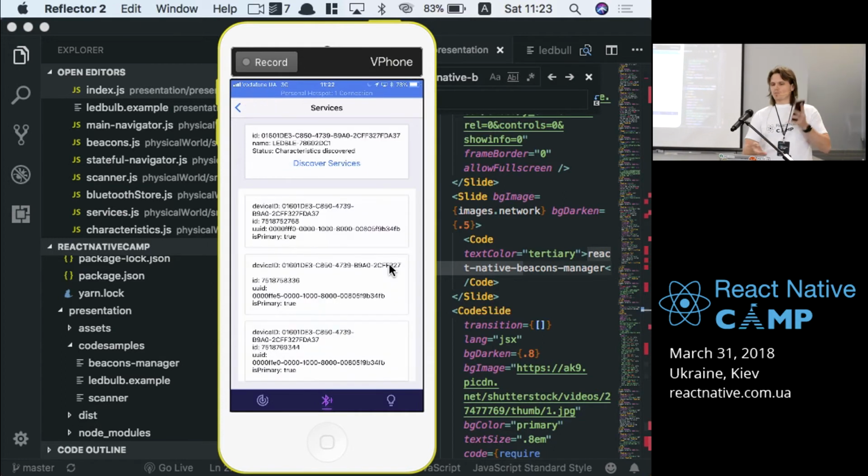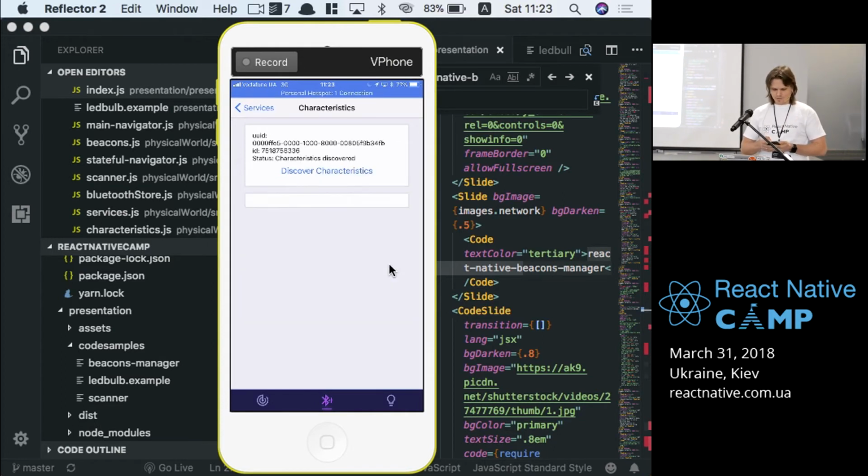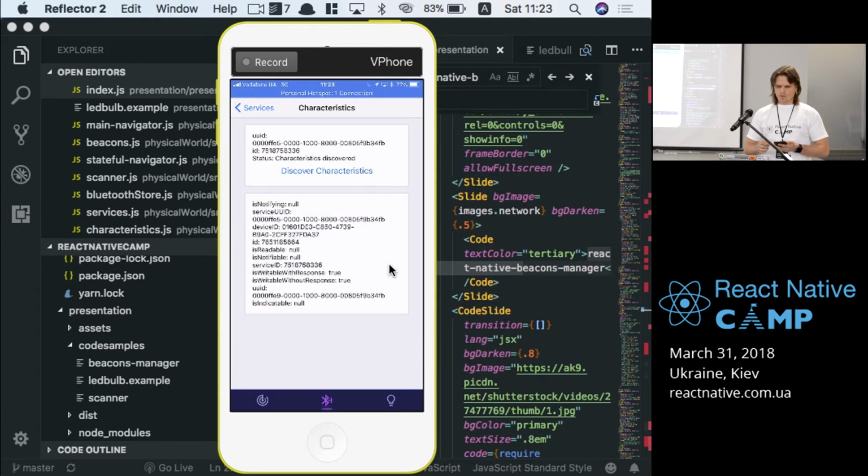Also, right here, I'm just waiting for this. Yeah, if I click on Discover Characteristic, I see additional data: is notified, service ID, is readable, is notifiable. So this specific characteristic, or you may call it variable, can be read, can be notified, but you can write with a response to it.